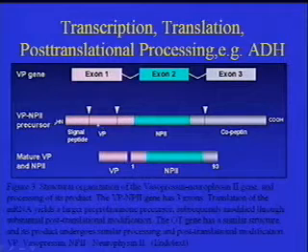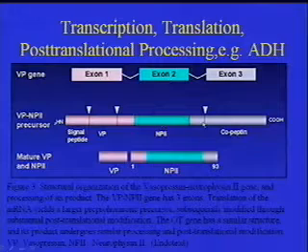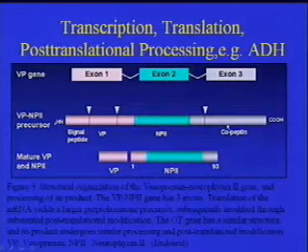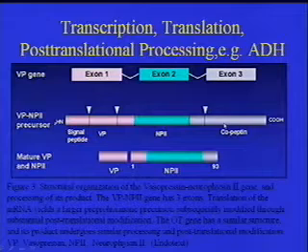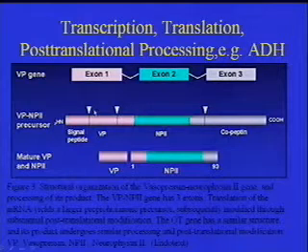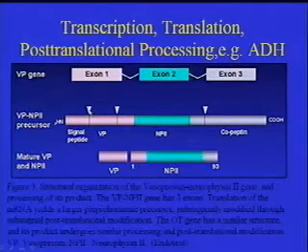Represented by the N-terminal end representing exon 1, exon 2 in the center for the neurophysin 2, and exon 3 represented there. These little arrowheads obviously are showing potential cleavage sites,